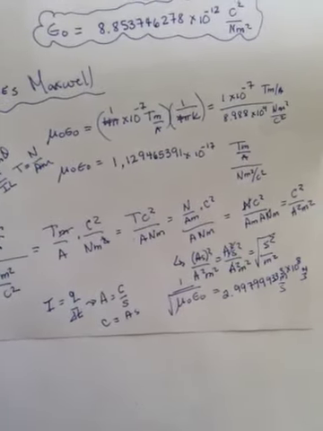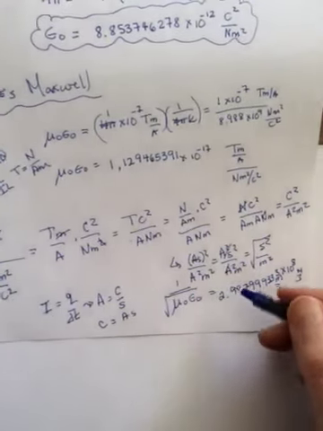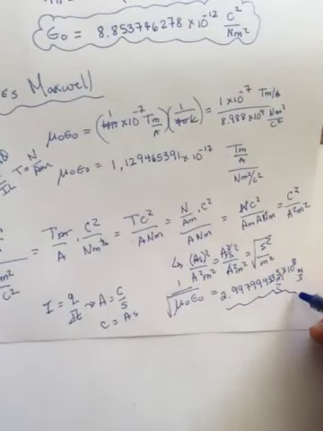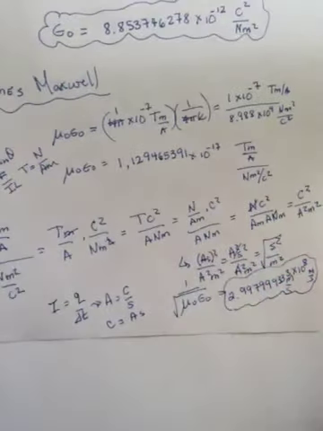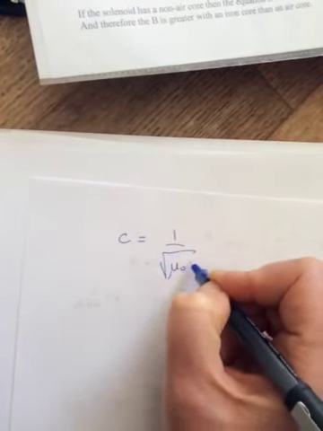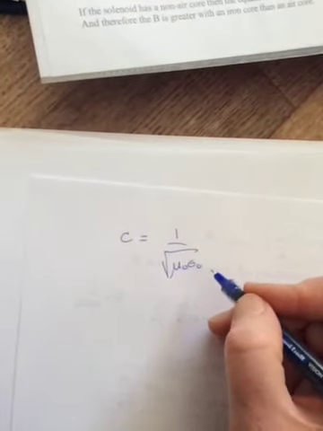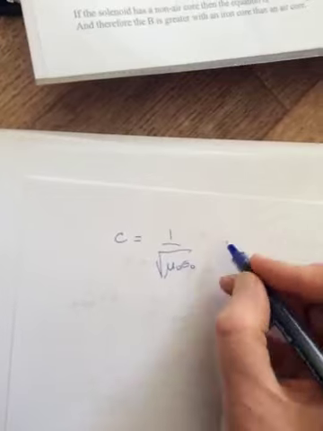2.9979 times 10 to the 8th. It's the speed of light in a vacuum. What's a vacuum? It's free space. Oh my goodness gracious. C is equal to 1 over the square root of mu o epsilon o. Somehow C is connected to magnetic fields and electric fields. Wait, maybe that's why it's called